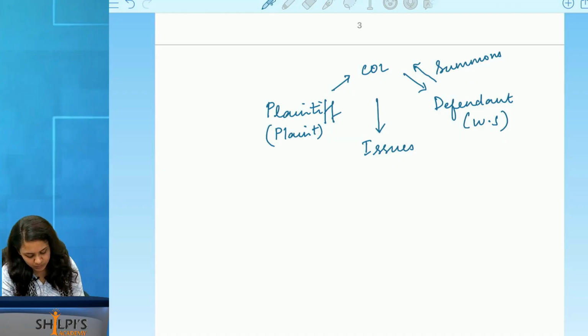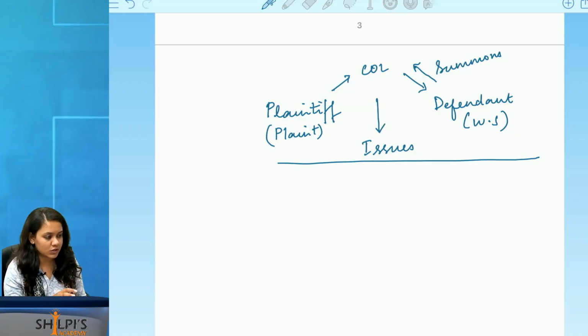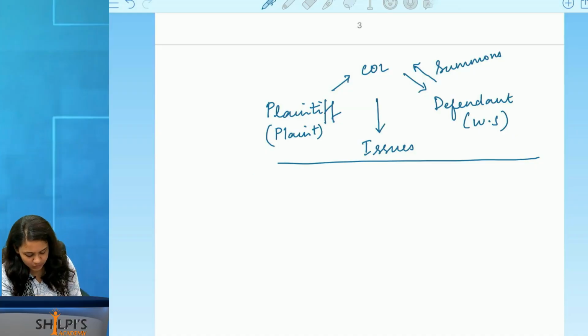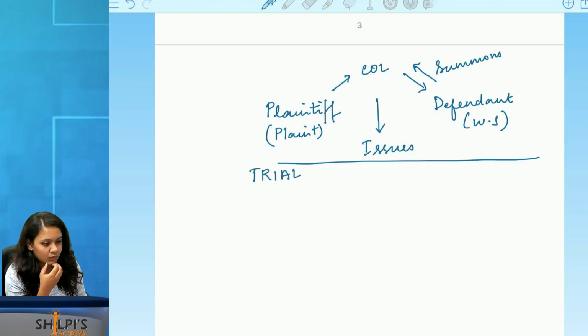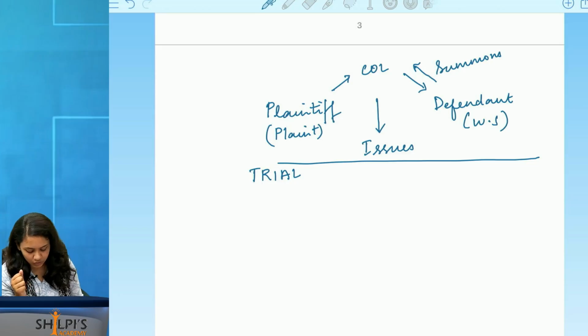Now, the minute the issues get formed, once the issues are formed by the court of law, is when we say the trial is starting. Because until now it's merely a stage of discovery of information, facts, evidence, etc. Now, let's say even before the trial really starts, there are a series of transactions that keep happening between the plaintiff and defendant. Okay, we'll call them as